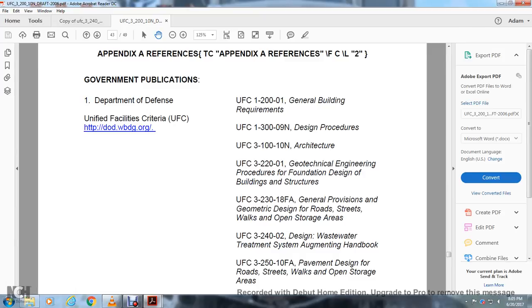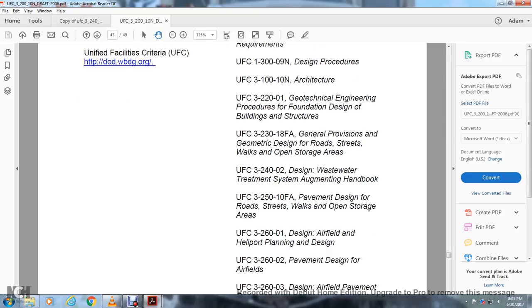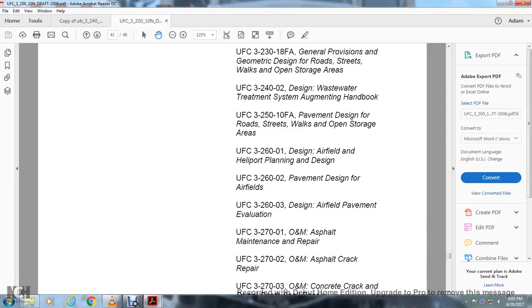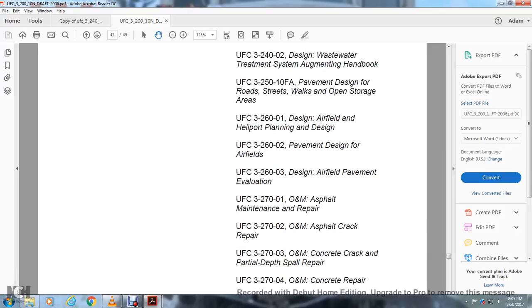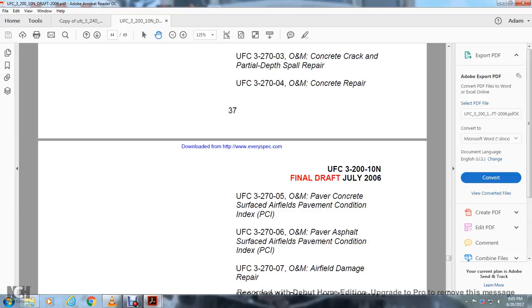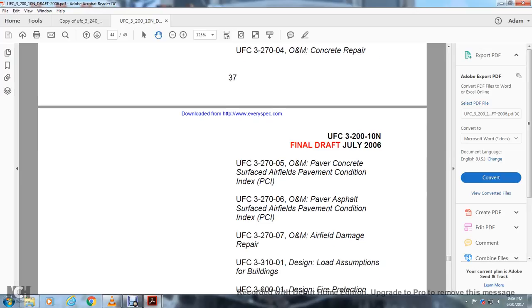UFC 3-250-01FA Pavement Design for Roads, Streets, and Walks with Open Storage Areas; UFC 3-260-01 Airfield and Heliport Planning and Design; UFC 3-260-02 Pavement Design for Airfields; UFC 3-260-03 Airfield Pavement Evaluation; UFC 3-270-01 Operation and Maintenance: Asphalt Maintenance and Repair; UFC 3-270-02 Operation and Maintenance: Asphalt Crack Repair; UFC 3-270-03 Operation and Maintenance: Concrete Crack and Partial Depth Spall Repair; UFC 3-270-04 Concrete Repair; UFC 3-270-05 PAVER Concrete Surfaced Area Pavement Condition Index; UFC 3-270-06 Operation and Maintenance: Pavement Asphalt Surfaced Airfield Pavement Condition; UFC 3-270-07 Operation and Maintenance: Airfield Damage Repair;